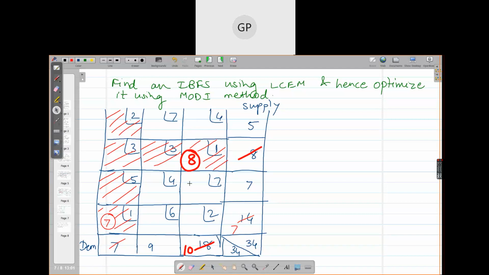2. So 10 are required, but only 7 we can put. Okay, so still here 3 more units are required. So source is gone, right? The supply at this source is exhausted. Next least cost,